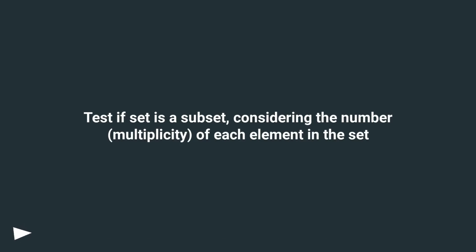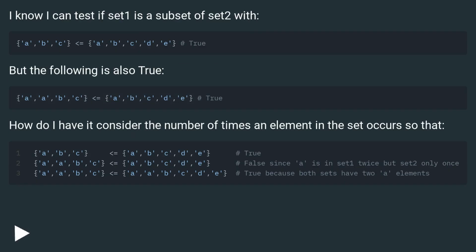Test if a set is a subset, considering the number (multiplicity) of each element in the set. I know I can test if set 1 is a subset of set 2 with this. But the following is also true. How do I have it consider the number of times an element in the set occurs so that